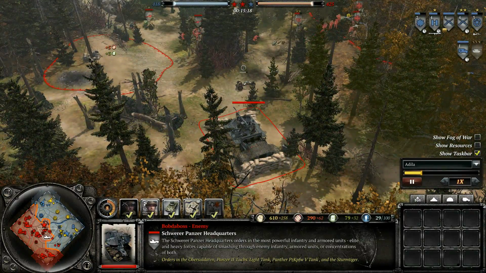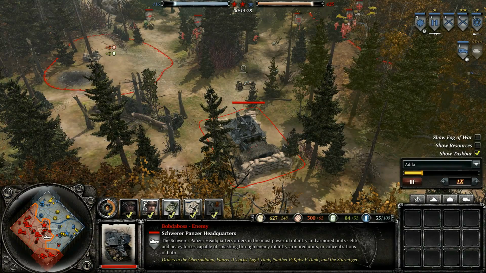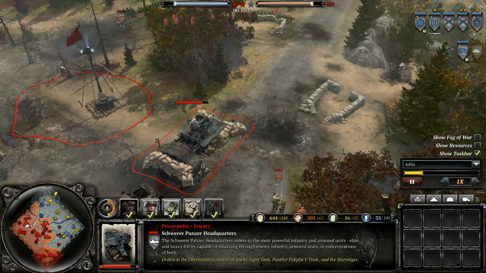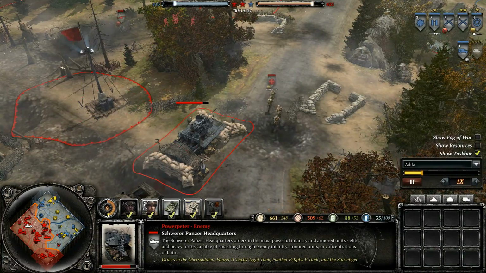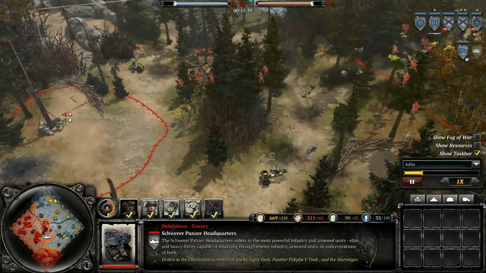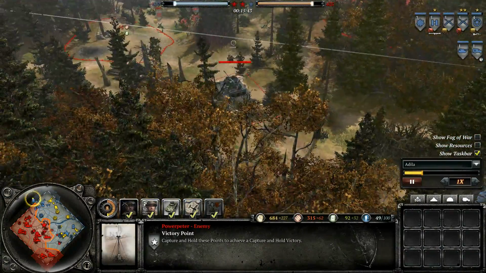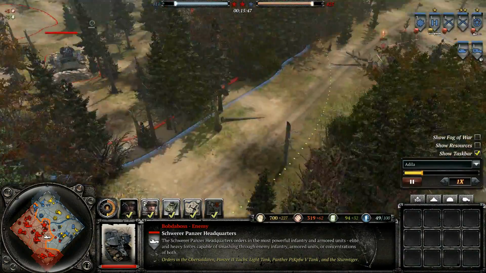And since the Ober Kommando West, their buildings come out as half-tracks, and then you can actually drive them to a spot where you want to deploy them. And since this thing has a freaking cannon on it, these players are moving their Schwerpanzer headquarters to a really forward position. We've actually got one right next to a victory point. This one isn't right next to the victory point, but it's not too far behind. And it's really set up in a position where both of these buildings have so far kind of